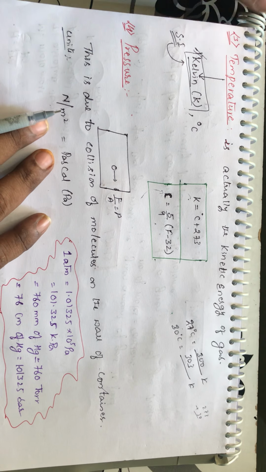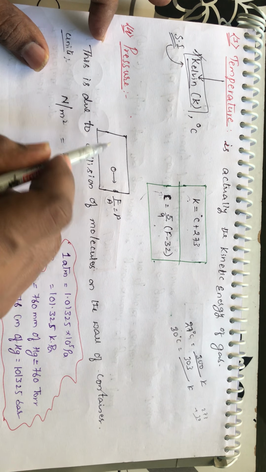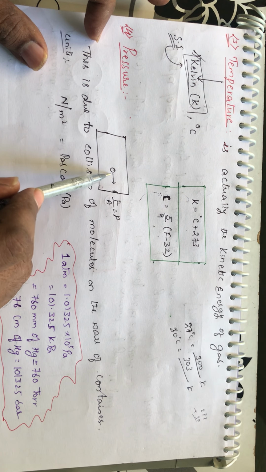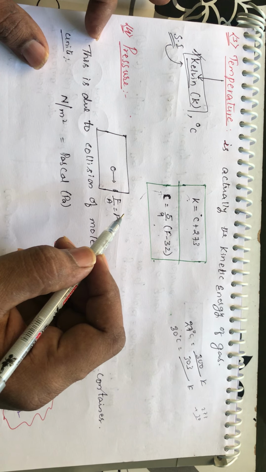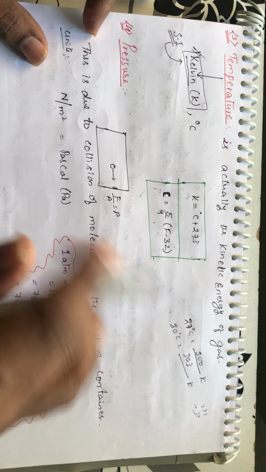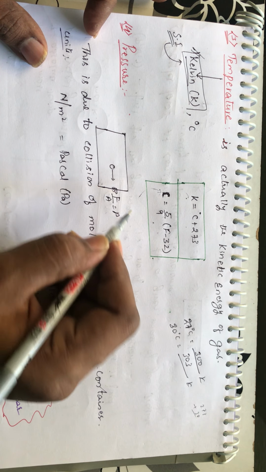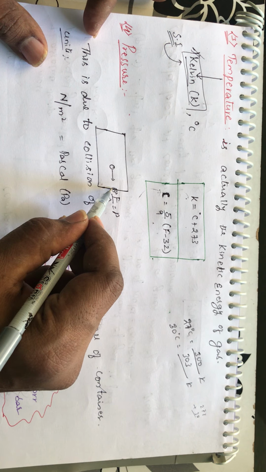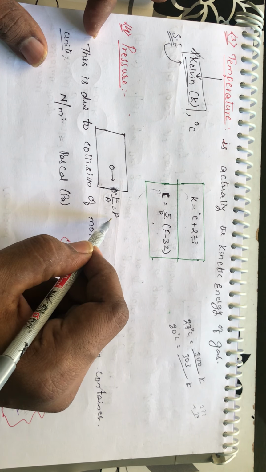One more measurable property of the gas is pressure. In a container, gas molecules will be moving in all directions. If a molecule is moving in this particular direction, what happens? It comes and hits the container, so that some force is exerted on the wall of the container. The wall has some area, right? The force exerted on this area is called pressure.